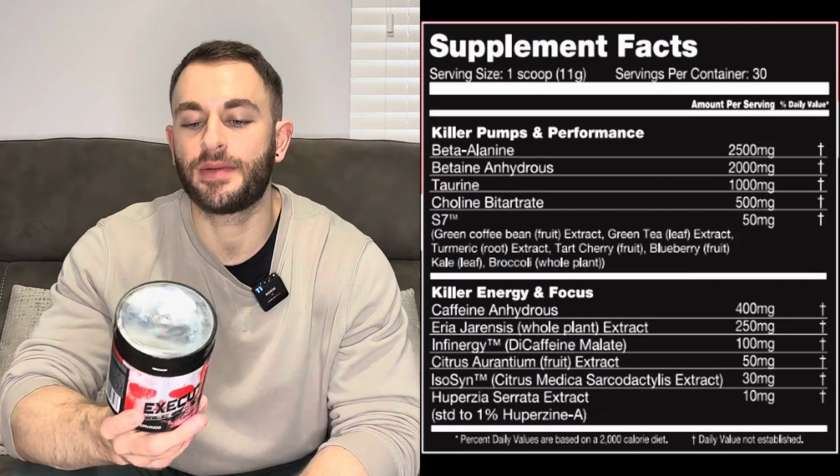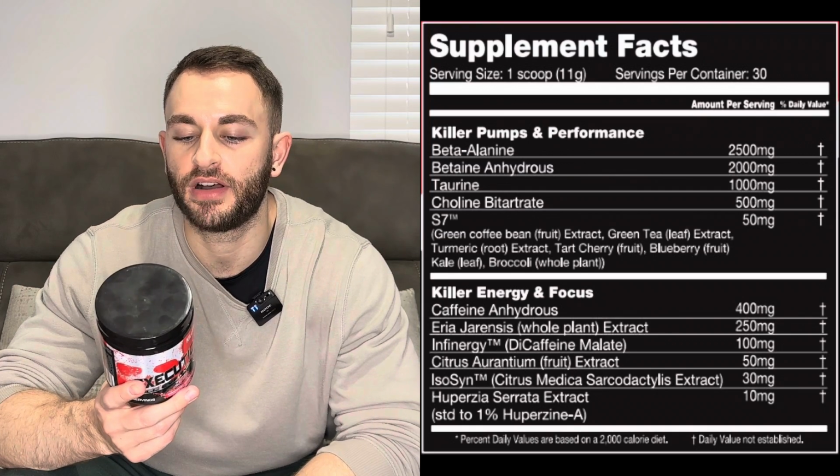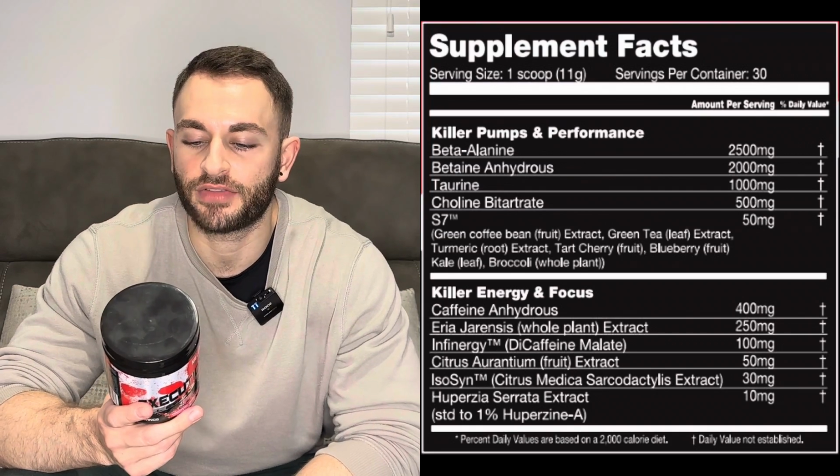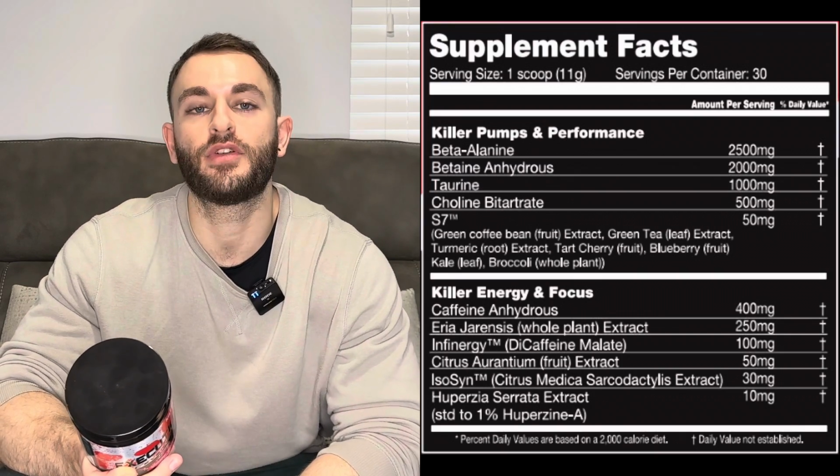Right, let's get into this label then. So we've got 11 gram serving amount, we've got the Killer Pumps and Performance Matrix up first, beta alanine at 2.5 grams. It's an okay dose. We normally look for 3.2, but it'll still get the job done in the form of giving you that itchy, tingly sensation,